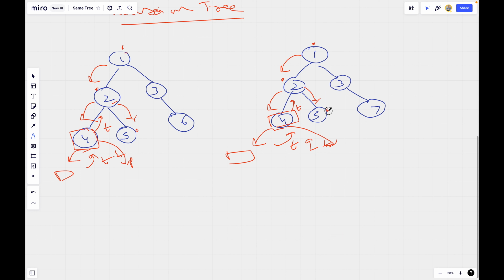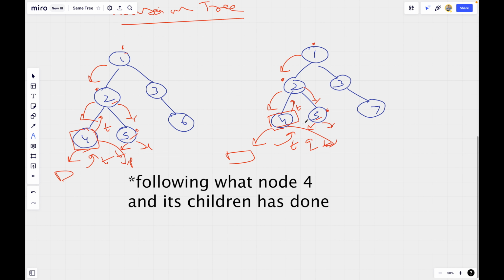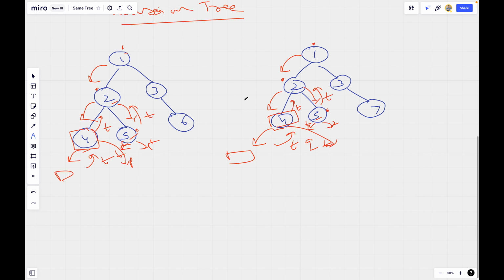Now the control reaches to 5. 5 will check if these two values are same or not. These are same. Hence, after moving leftwards and rightwards, both will return true. Hence 5 will return true from here. Now the control falls back to 2. Now 2 gets to know that its left and right subtrees are same and its value is also same. Hence it returns true from here.